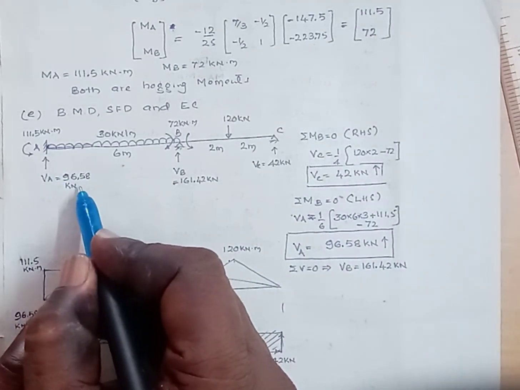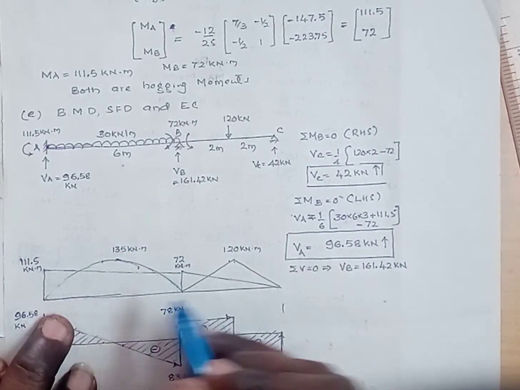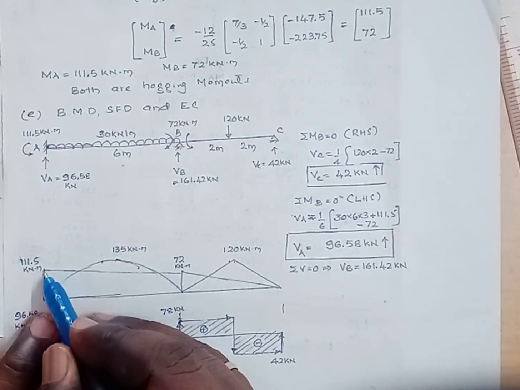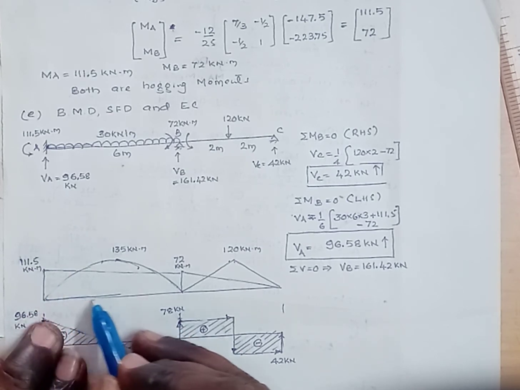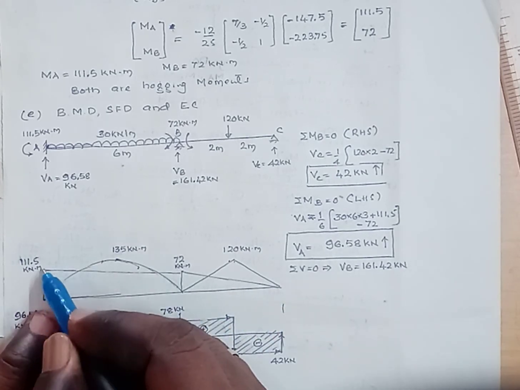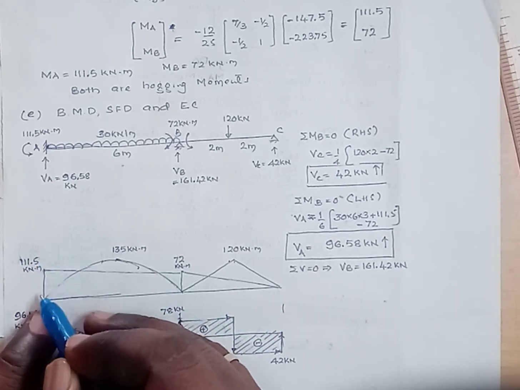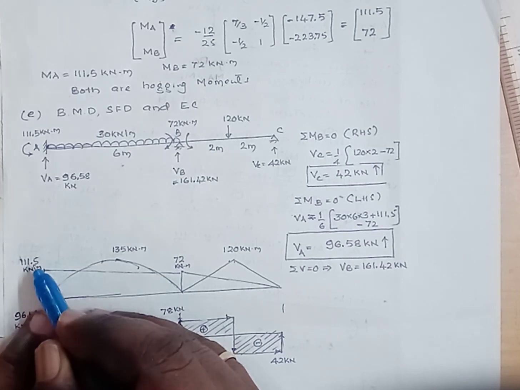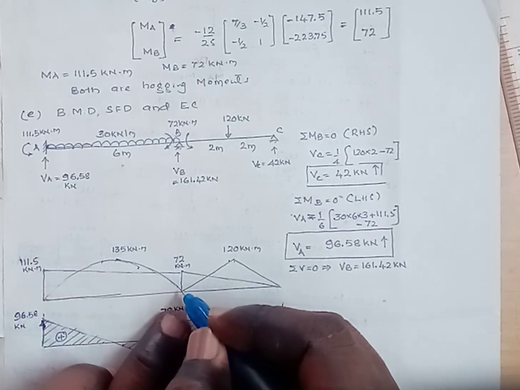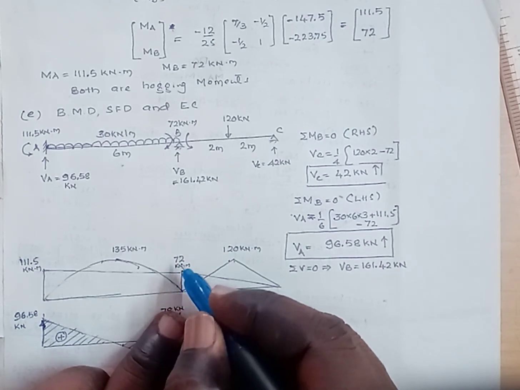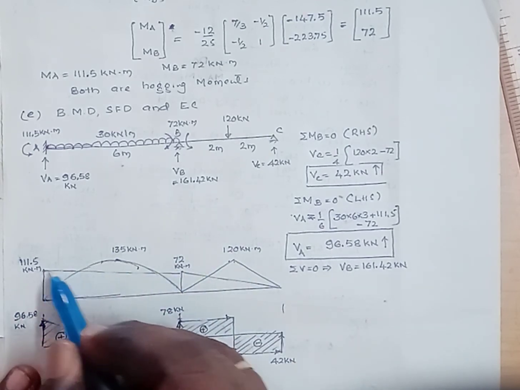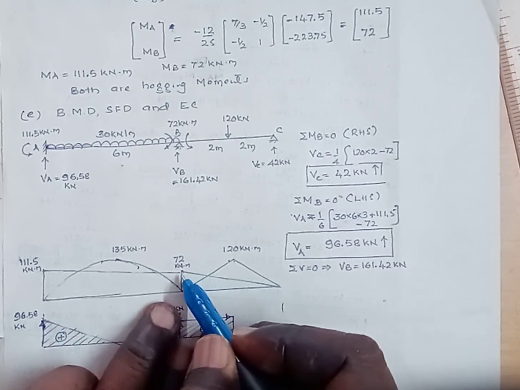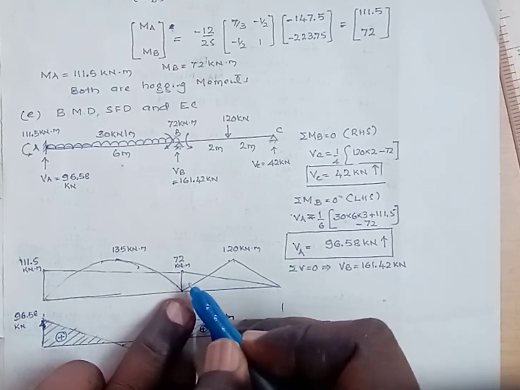Here first we have to draw the bending moment diagram. At A the bending moment is hogging. First draw the datum line or reference line. We can represent the hogging moment by drawing the ordinate of 111.5 above the reference line. Similarly at support B the moment is a hogging moment, that is the support moment, 72 kilonewton meter. Draw the ordinate and then join these two ordinates by a straight line. The variation of the support moment is a straight line from A to B.